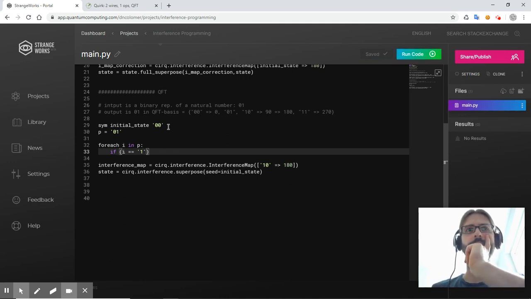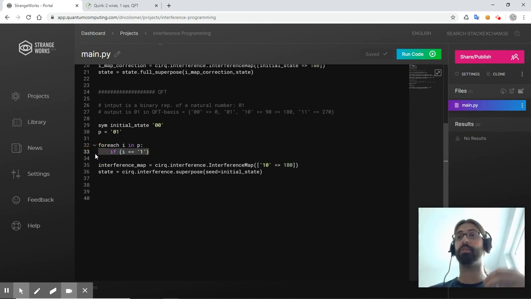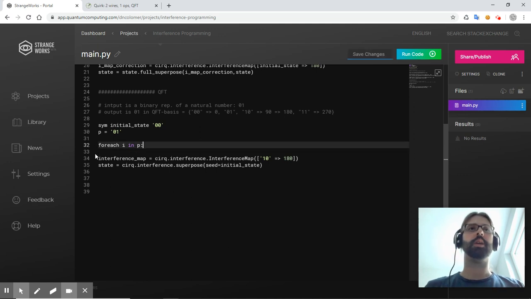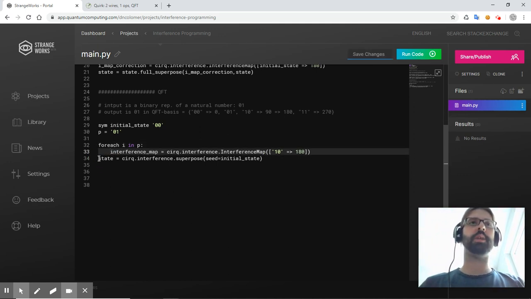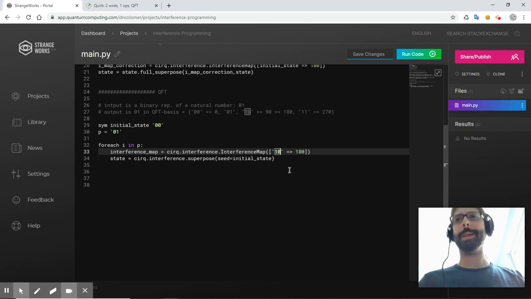But that should maybe be part of the interference map definition, right? So the interference map here should basically say that, for example,